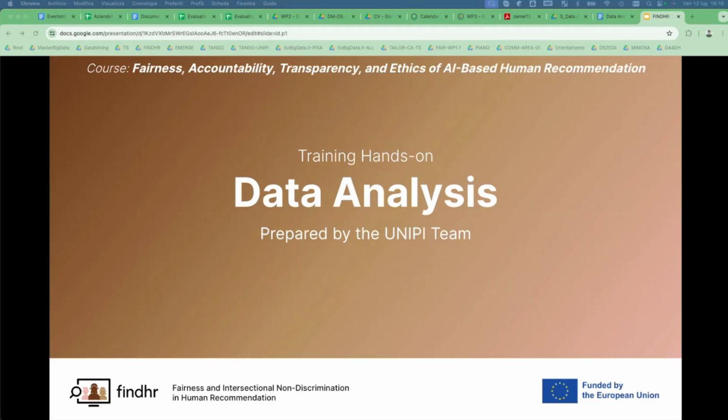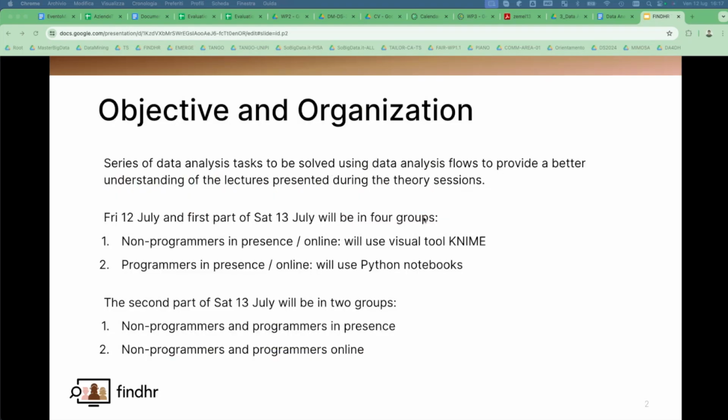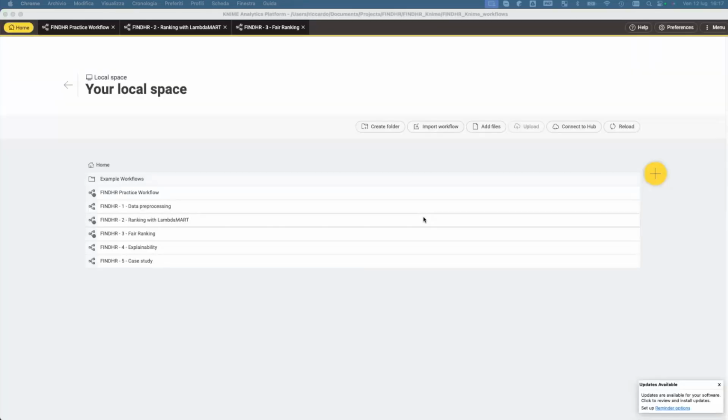We have Andrea Iomi, Andrea Fedele, Marta Marchioni Manerba, and Martina Cinquini. Because later on during the lecture we will split up into breakout rooms and I will guide one of them and the other tutors will guide the others to do exercises and do things directly together, hoping that by that time everyone can manage to execute the workflows such that you can experiment. So a very, very short introduction. We are doing the lecture in parallel in 4 groups. We are the non-programmers online, and we will use KNIME as the tool to follow the